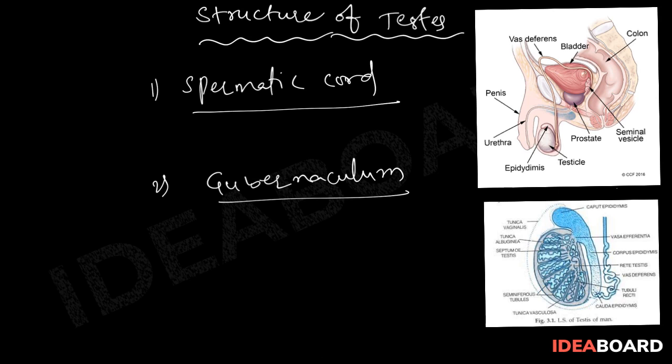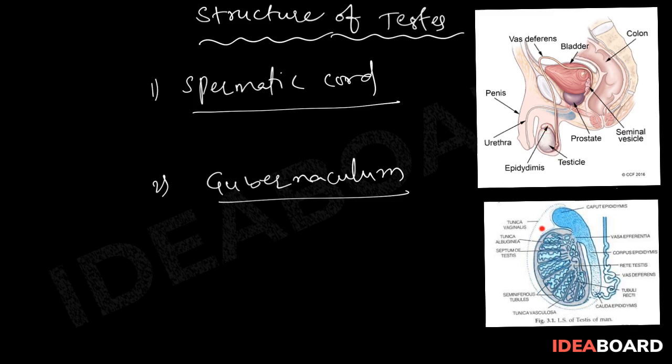The spermatic cord is a cord-like structure which is useful to keep the testis in its position. Here the spermatic cord is present. The spermatic cord is attached to the testis in